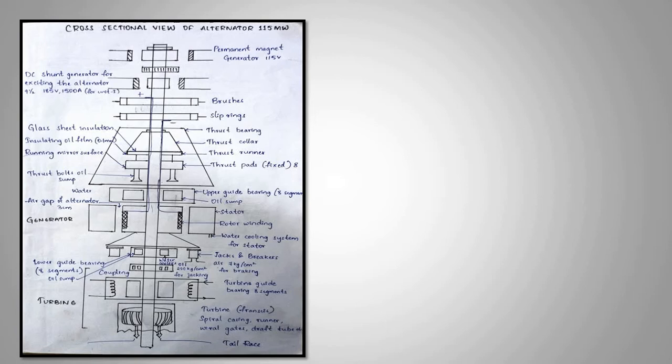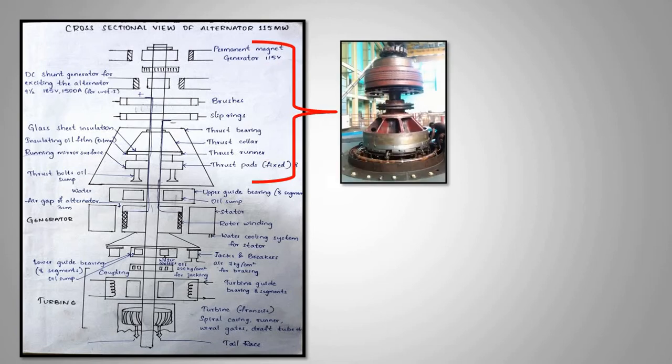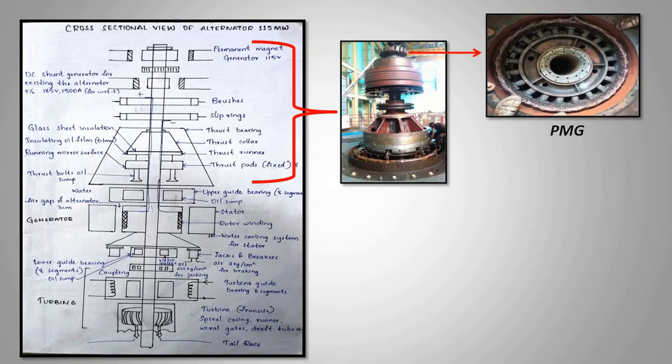Now we are concentrating only on the permanent magnet generator, the role of the permanent magnet generator in a power generating station. If you see here, this is a combination of the permanent magnet generator, PMG, followed by the main exciter, which provides the DC supply for the main alternator, and then the thrust bearing system. Here you can see a top view of the permanent magnet generator. The PMG rotor poles, nothing but the permanent magnets, are connected to the main shaft of the alternator, and these permanent magnets are surrounded by the stator of the PMG.